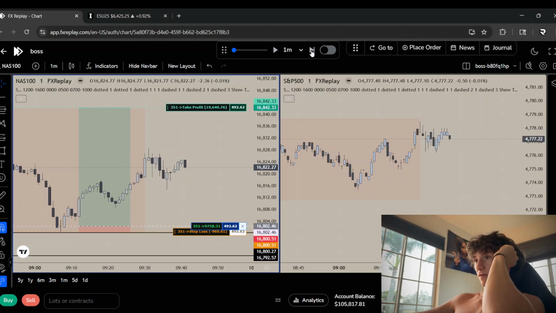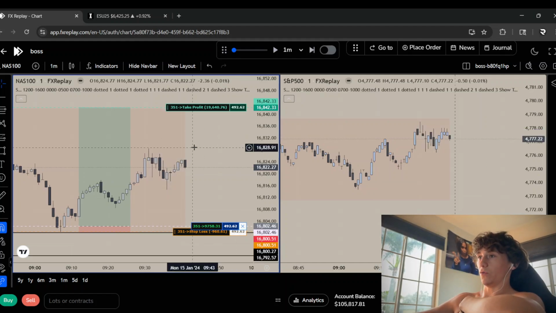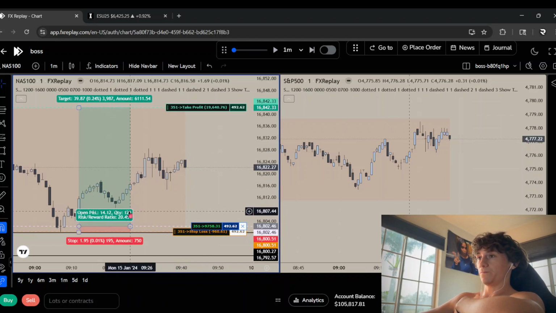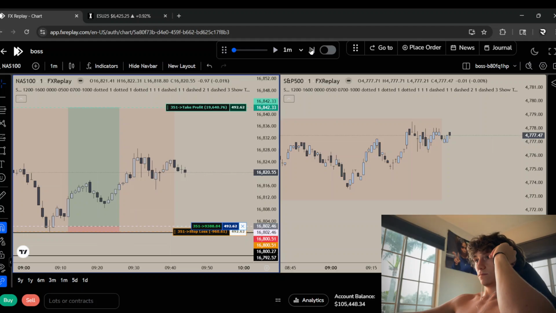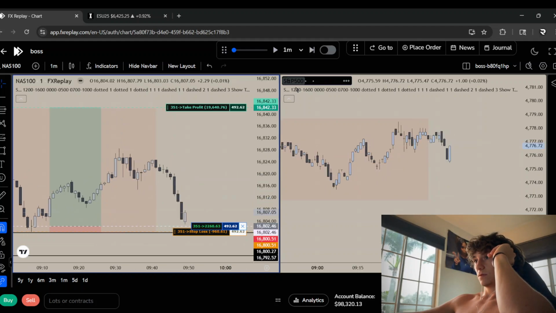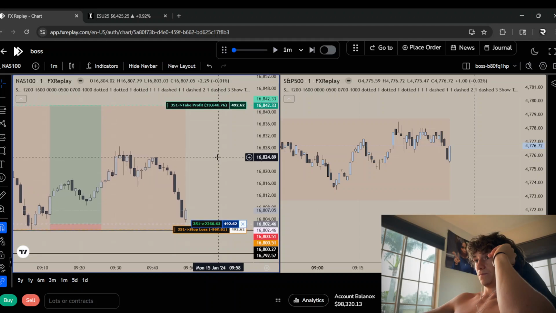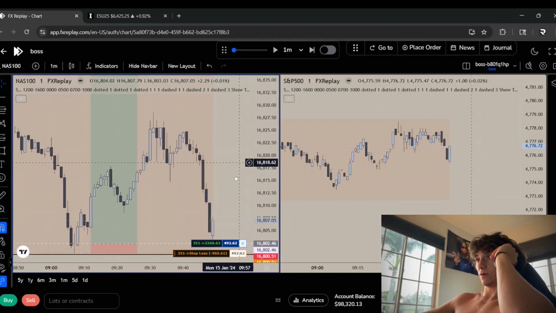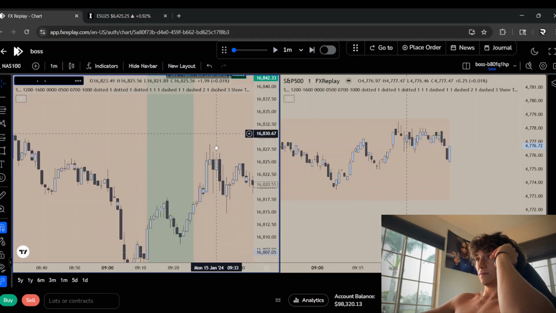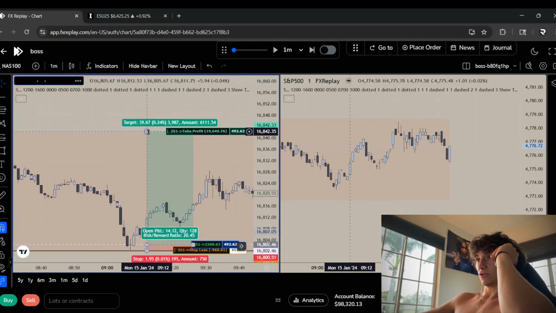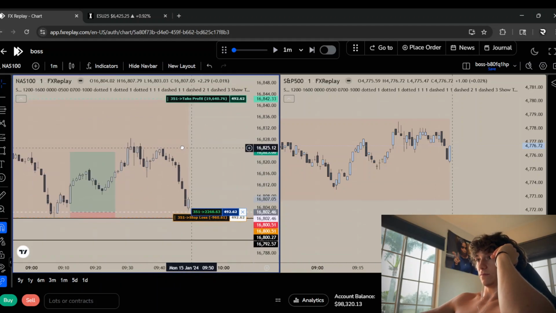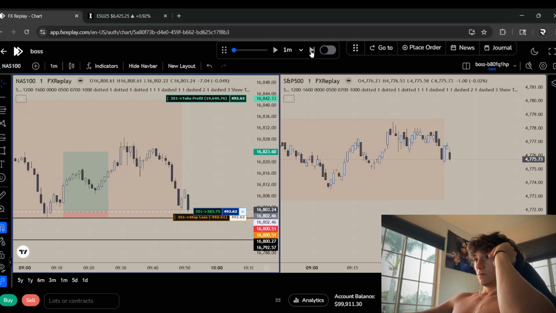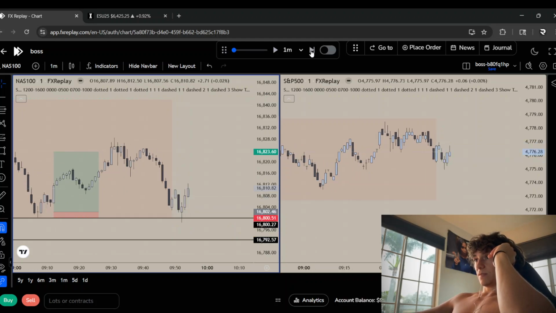I would never hold through this in real trading. Bro, the second we were like, here, close that. Holding that would be crazy. So ideally, if I was actually trading on a funded account, which is what I need to be, I would have targeted right there. But that's besides the point.